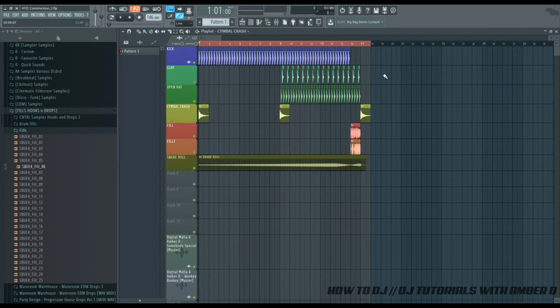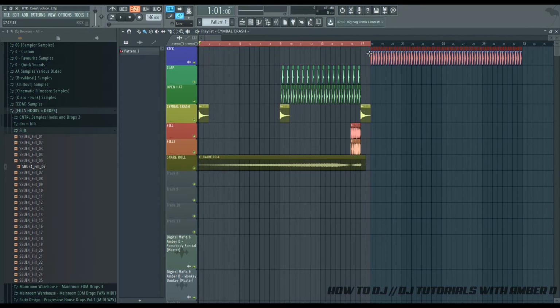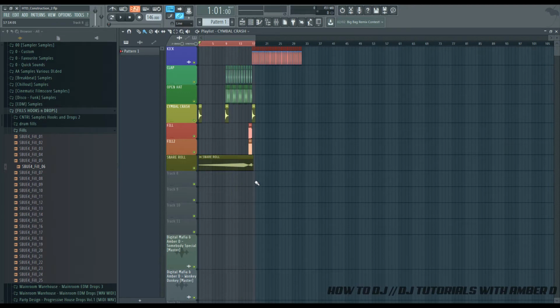There we go. So after that, you would probably have another section of kicks, and you'd probably have the bass line come in at this point in a normal track that's already made. Obviously, that's just a mock-up of some of the very basic attributes of a hard dance, EDM, trance track, anything